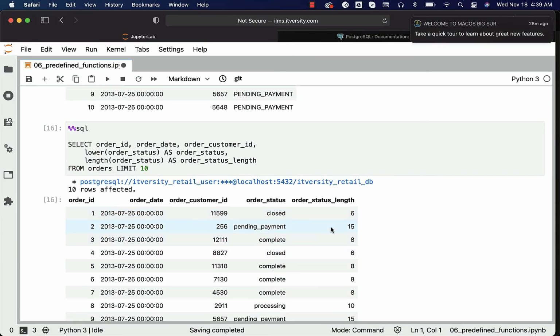This is how you should be able to leverage the functions on top of table columns, not just literals. You can start with literals, explore the syntax and semantics of a function, and then start using it on top of the table columns to fulfill your business requirements while writing the queries.